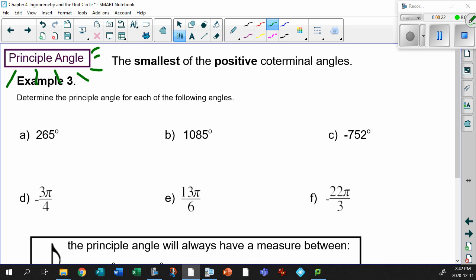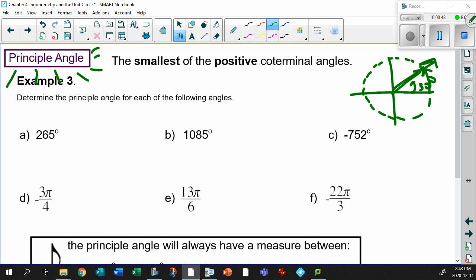It's called the principal angle. Now, what does the principal angle mean? Well, it's based on, again, that spinner. Take a look. If I drew an angle out here, and let's say that this is 30 degrees, and I spun the spinner, and it went around once, twice. So I've gone around twice. So I've gone 360 degrees, plus another 360 degrees to give me 720 degrees, plus 30 degrees more,